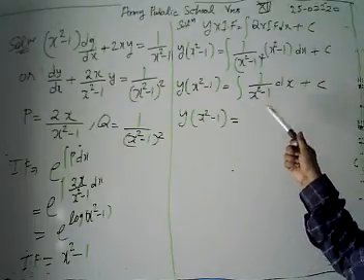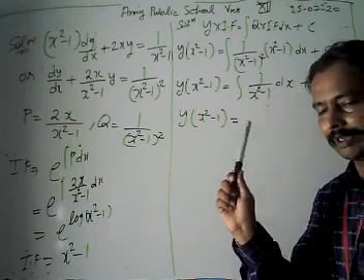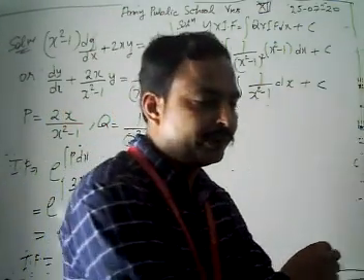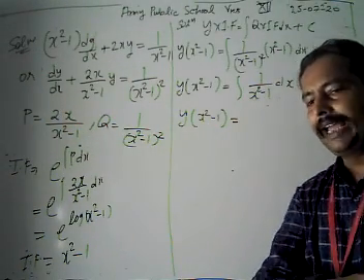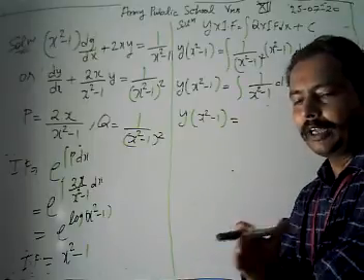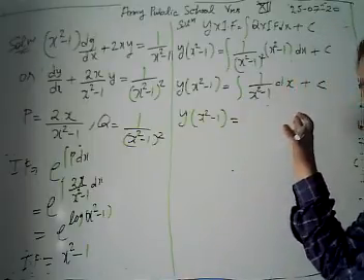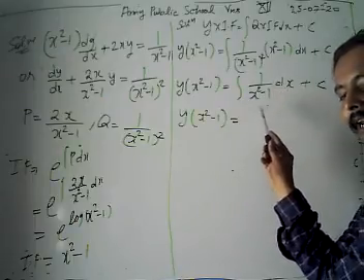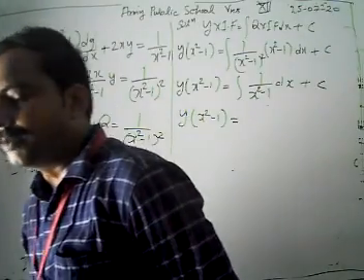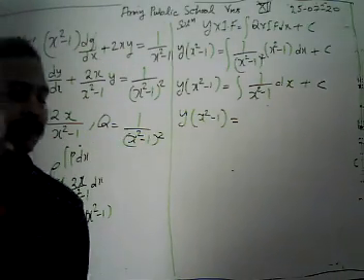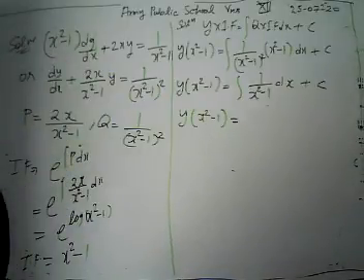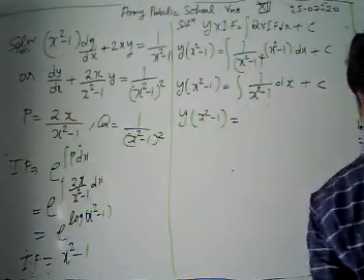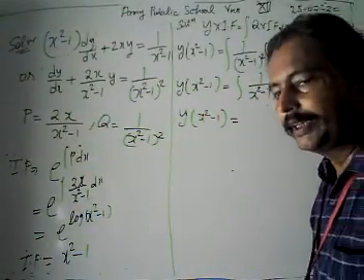Now, it's an integration of dx upon x square minus a square. If you have learned the formula, the integration of dx upon x square minus a square is 1 upon 2a log of (x minus a) upon (x plus a). If you have not learned the formula, you can also solve this integration by using partial fractions, because it can be written in the form of 1 upon (x minus 1) into (x plus 1). In terms of partial fractions, it is a case of non-repeated roots. Then you can integrate dx upon x square minus 1 using partial fractions and get the value of the integration.